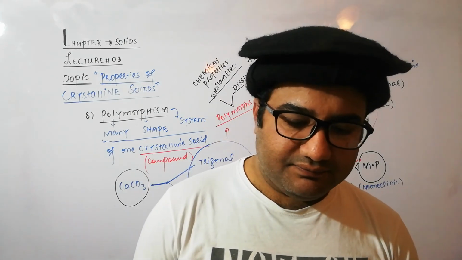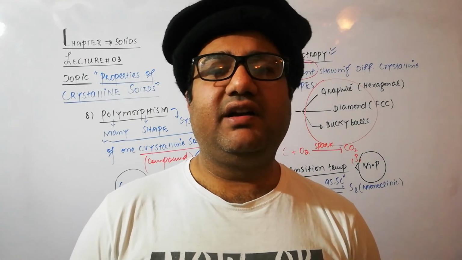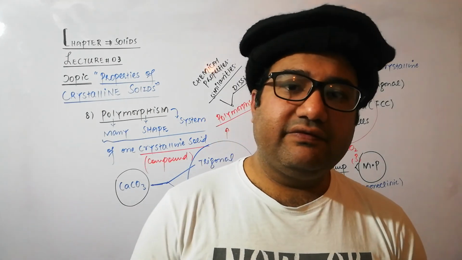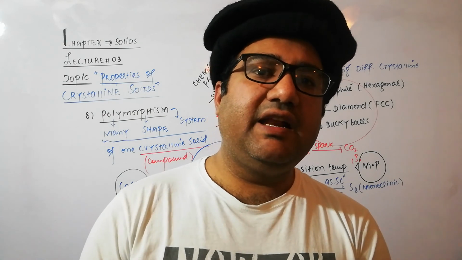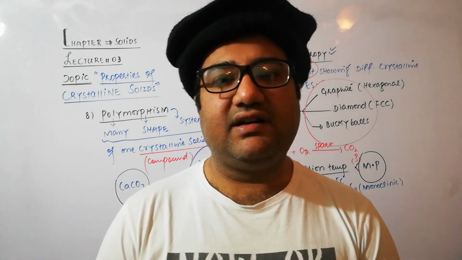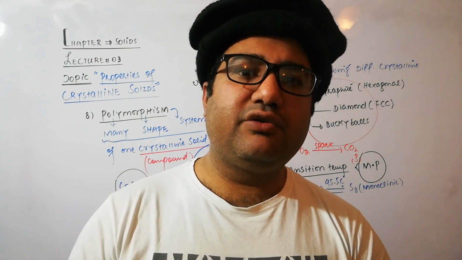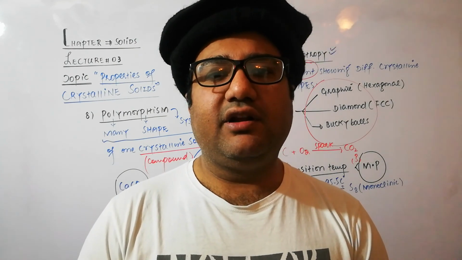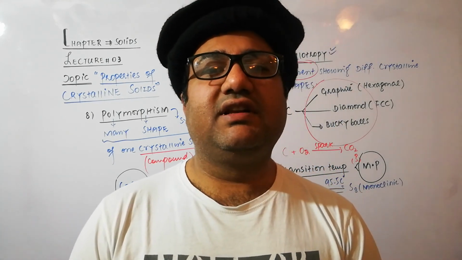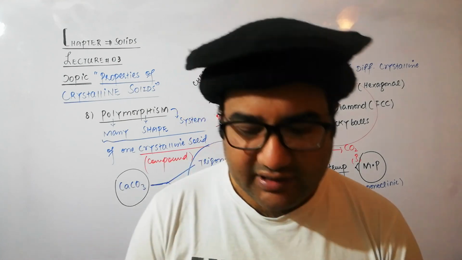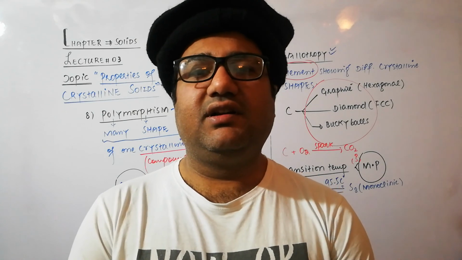Now, if different crystalline solids exist in the same crystalline shape, that is called isomorphism, and if one compound shows different crystalline forms, that is polymorphism, and if one element shows different crystalline forms, that is called allotropy, and if two different polymorphic forms or two different allotropic forms exist at dynamic equilibrium at a particular temperature, that is called the transition temperature, which is always lower than the melting point of the crystalline solid. I have revised these properties for you. It was all about the third lecture of the solids.